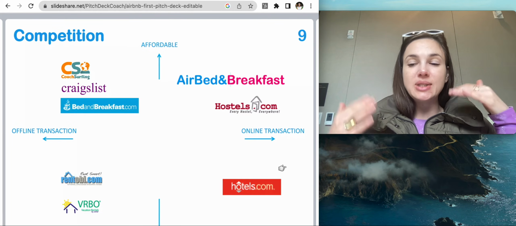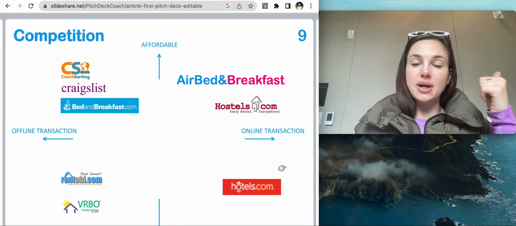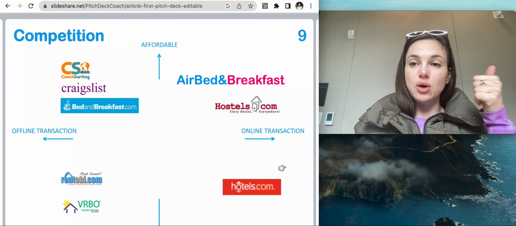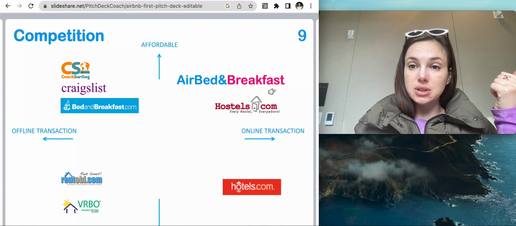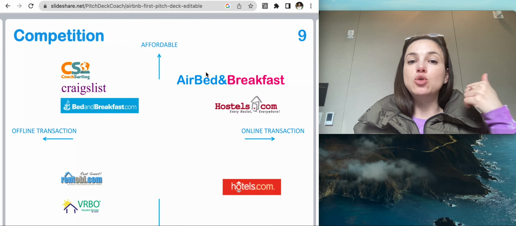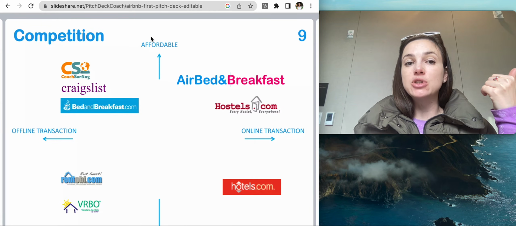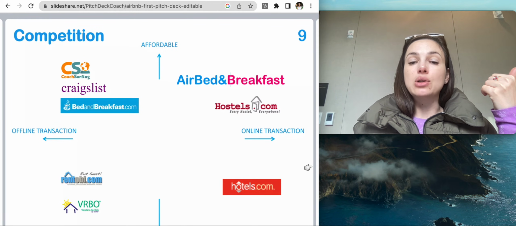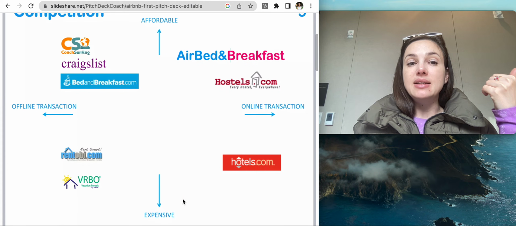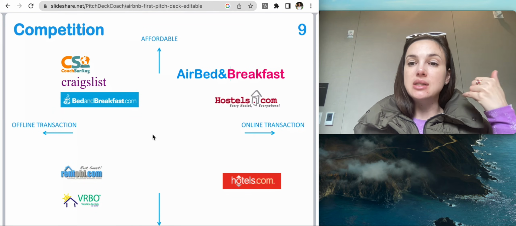So there is always indirect and direct competition, and it's a much stronger approach to show your investors that you know your competitors, but you also know your strengths. So why are you better than other competitors on that map? Airbnb created a chart showing parameters like affordability, online transactions, expensive or affordable offline transactions, and that they are better than their competitors in some